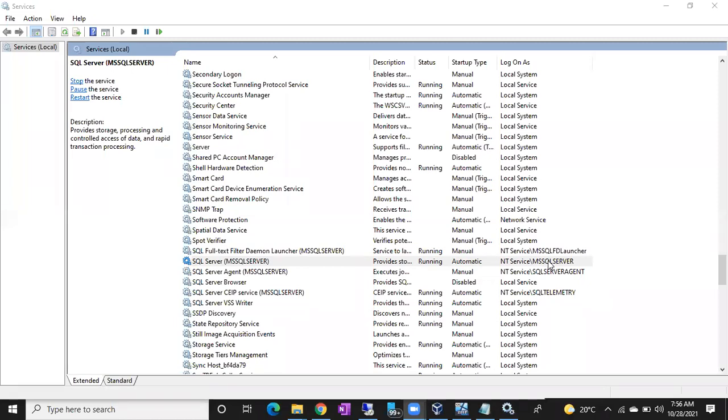Sir, why do we have to go for a customized service account? Why can't we depend on the default service account? Tell me, guys, what is the problem if we go with the default service account? What is the problem if we go with the default? Priority issue. Time complexity.